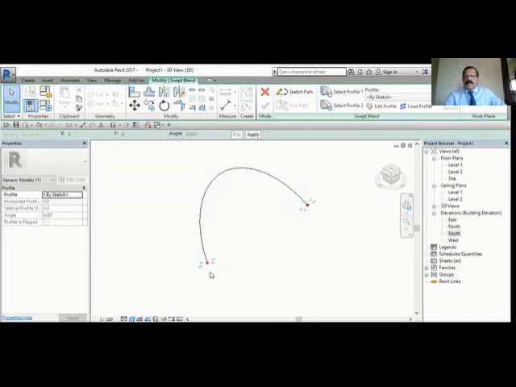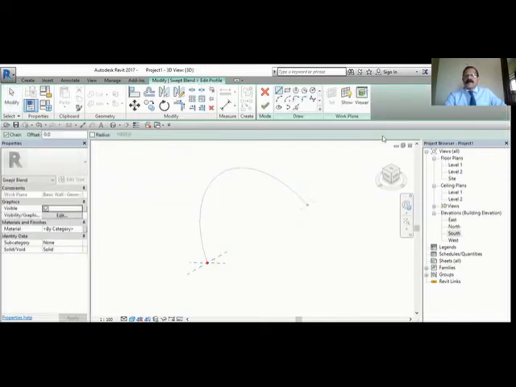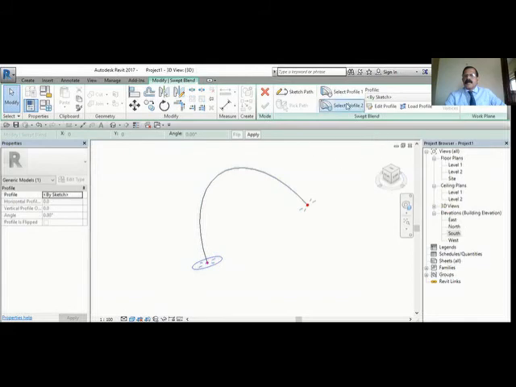So I am going to draw a profile there. Edit profile. You have to click edit profile, then only you will see. Suppose I will draw a small circle there. I created a circle there. Okay. Now we are in profile 2. Edit profile.